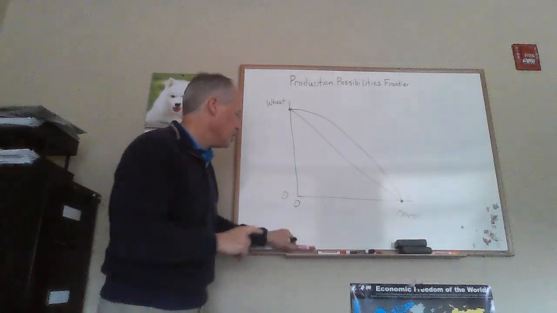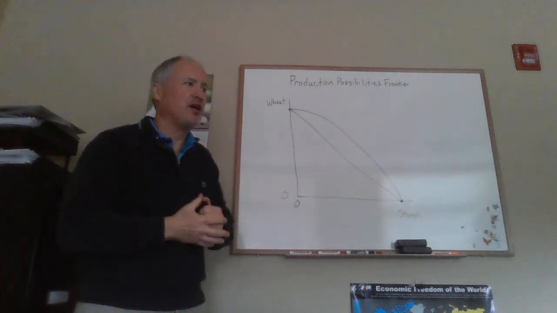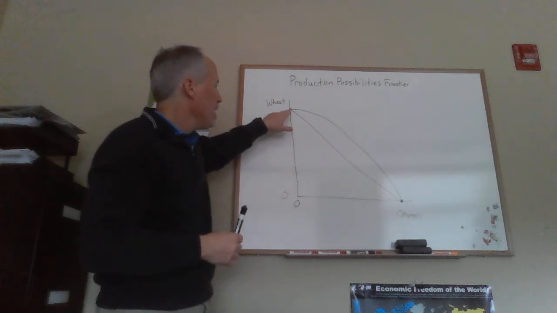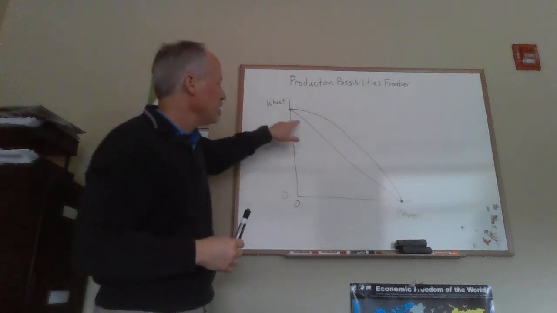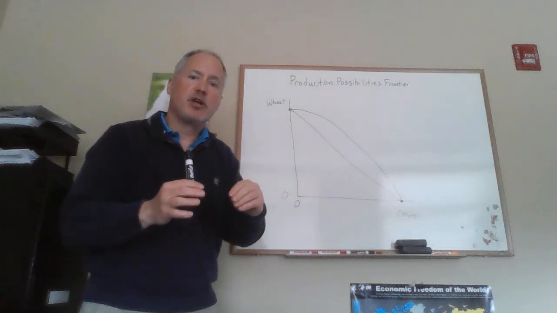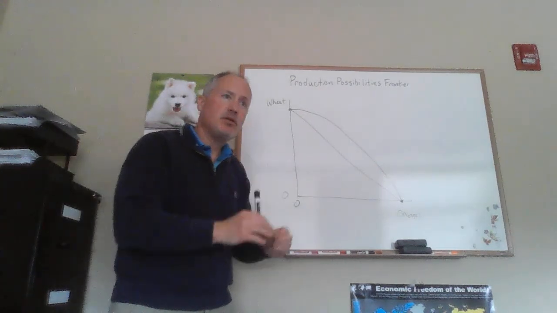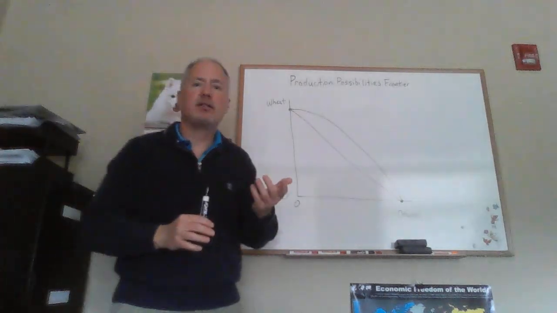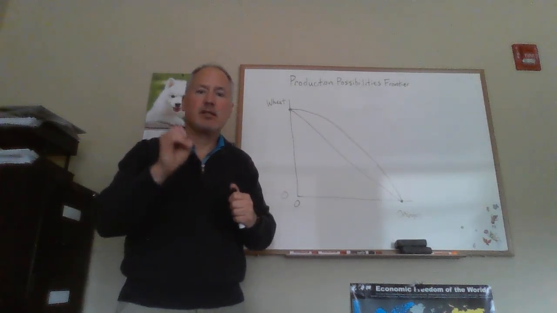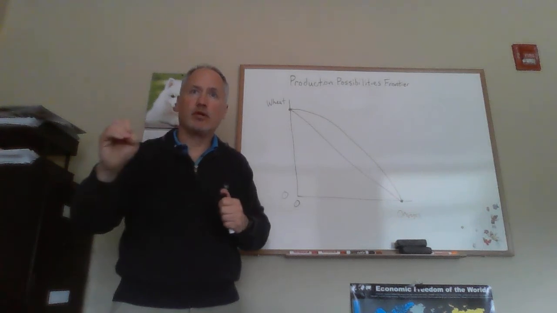Okay? That's what it means for a curve to be linear. It's got the same slope at every point. If this production possibilities frontier is linear, and the slope of the production possibilities frontier is the opportunity cost, a linear production possibilities frontier would mean that we'd have a constant opportunity cost as we move along this production